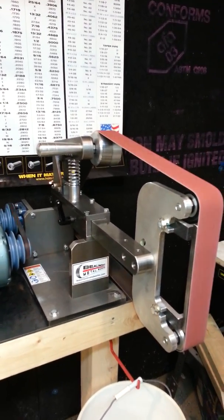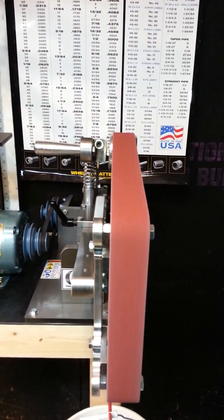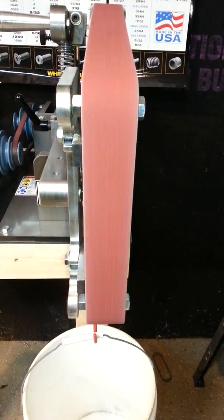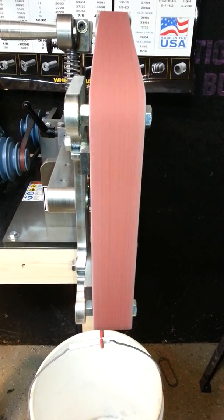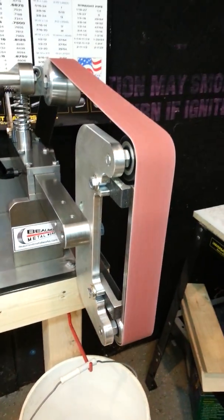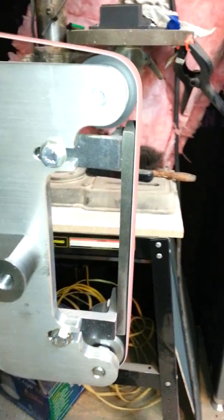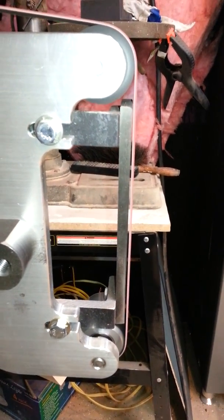wheel attachment. One thing I notice about this machine that's really nice right off the bat is, look at the tracking on it. There's no belt wobble. There's none. Really nice and straight. The platen is set back in just a little bit. You can see light coming through the platen. So I'm going to bump the